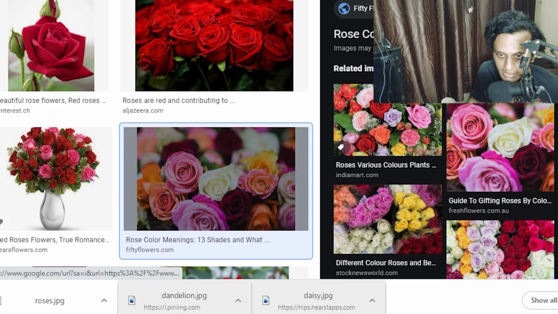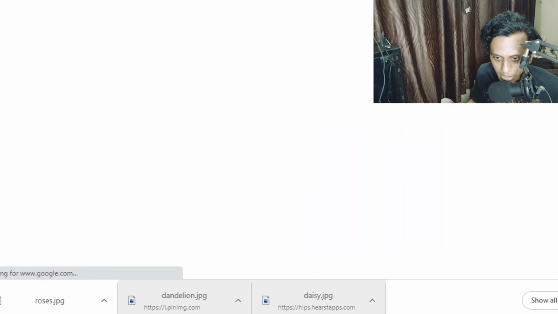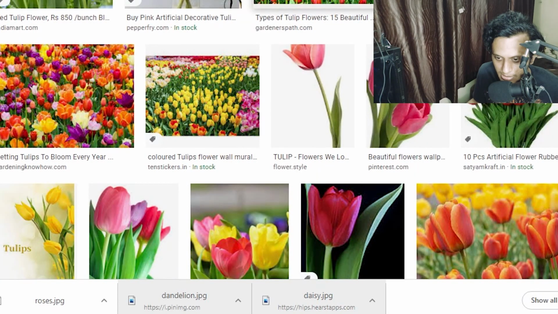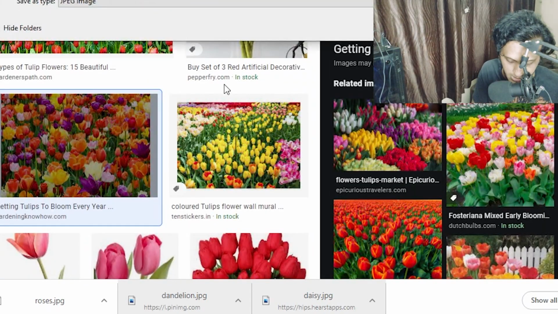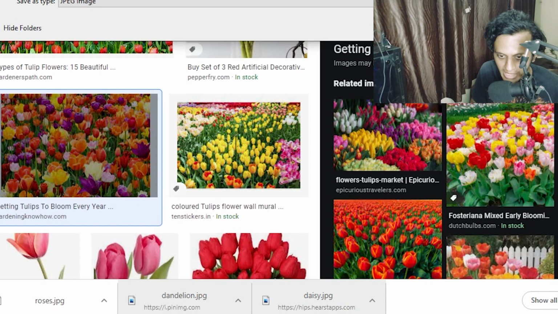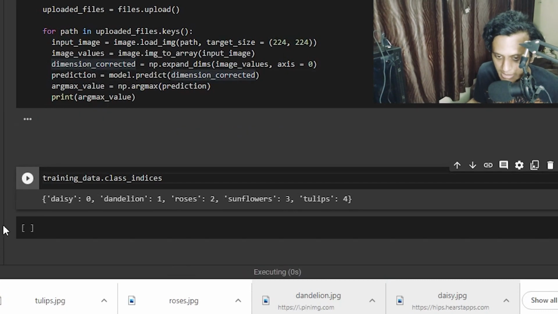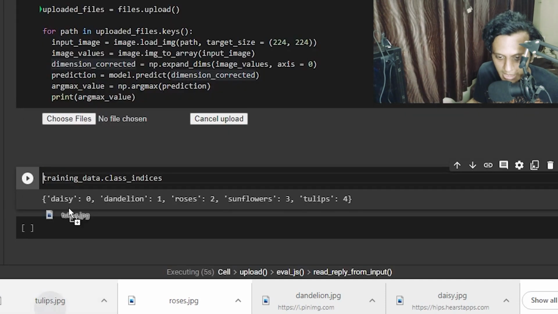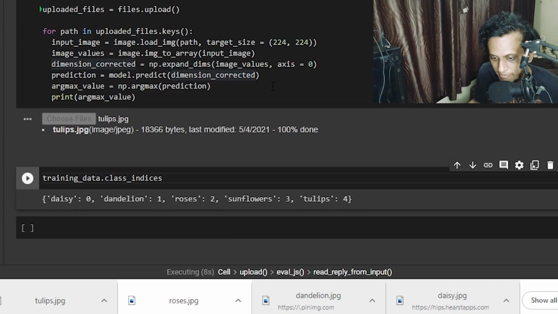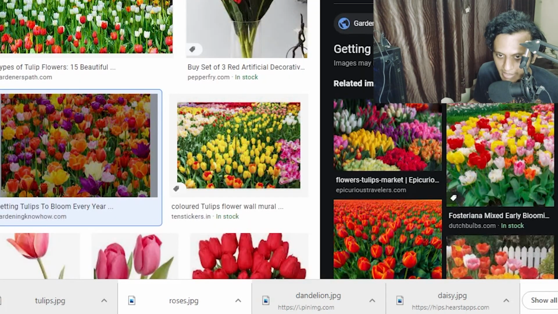Why? Because I think the color of the tulips also is somewhat similar. Let us now actually try to give it tulip. So I'll say tulips. We will have to work on the accuracy definitely. We will do it in the upcoming videos because I cannot consider each and every single thing all the period of time because it is very difficult. Okay, now it says tulips with the tulips, and the last one I want to classify sunflowers. So I'll say sunflower.